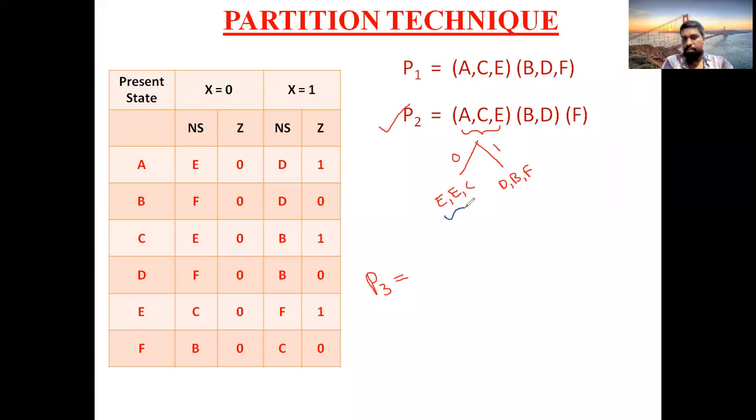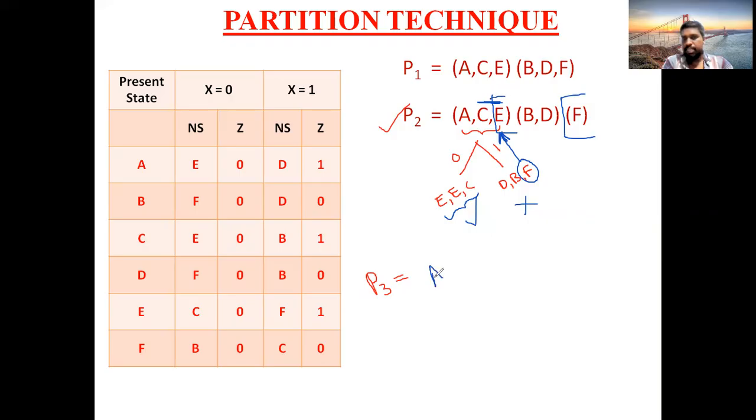See, E comma C are existing in the same group. So no problem, it is satisfied. D, B, F. F is lying separately. So this one successor is not satisfied. So F is the answer for E. Due to this F, the condition is unsatisfied, and this F is the responsible value for E. That's why we should break E separately.